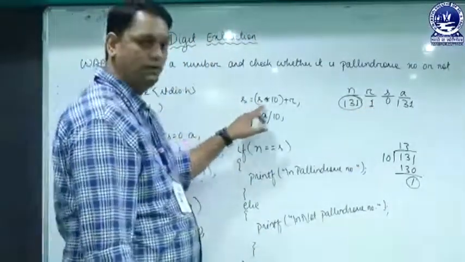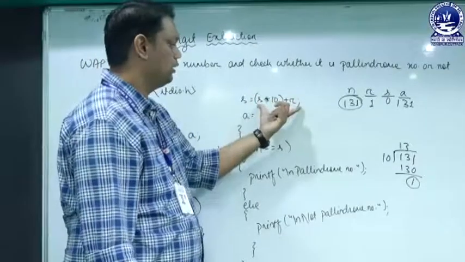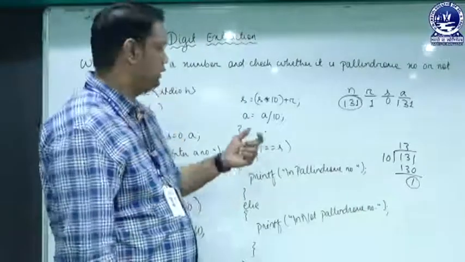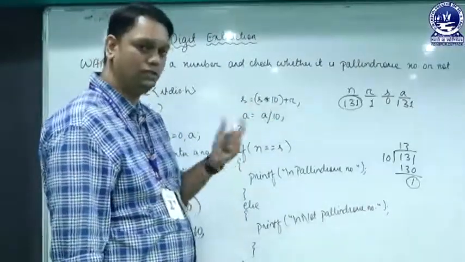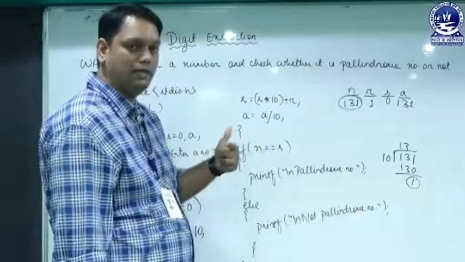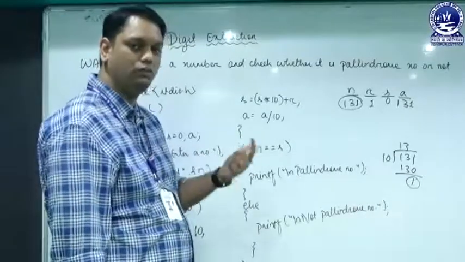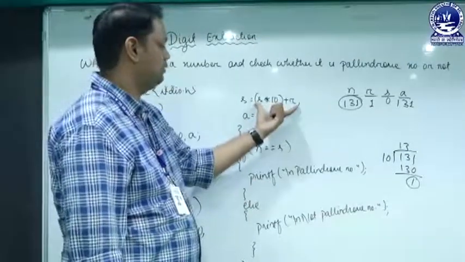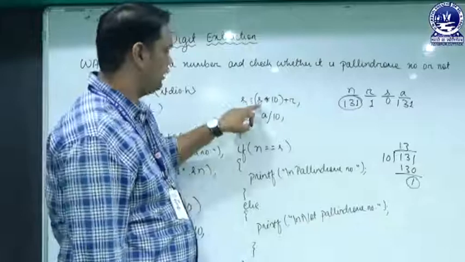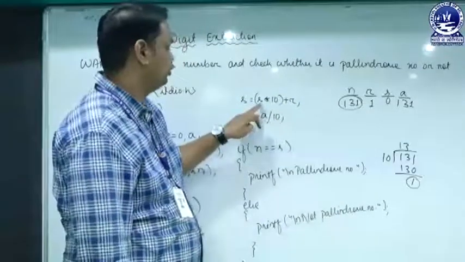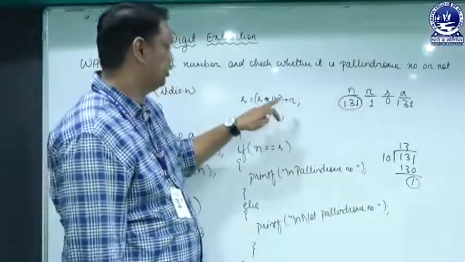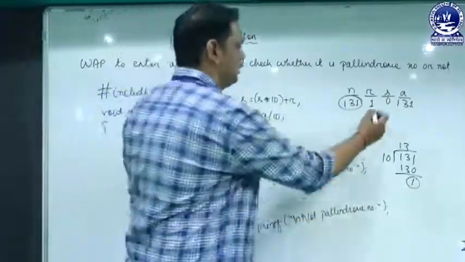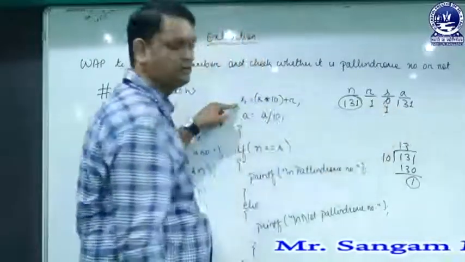Now it will come to here. So what is the work of this line? As we know the place value of each number, the first place value will be multiplied 10 times. That means first value is 0, then it will come to 10, then 100, then 1000. So this line functions for the place value. s has the initial value 0. So 0 into 10, that means 0. 0 plus r, 0 plus 1, that is 1. It will be initialized in s. So s will have the value as 1.